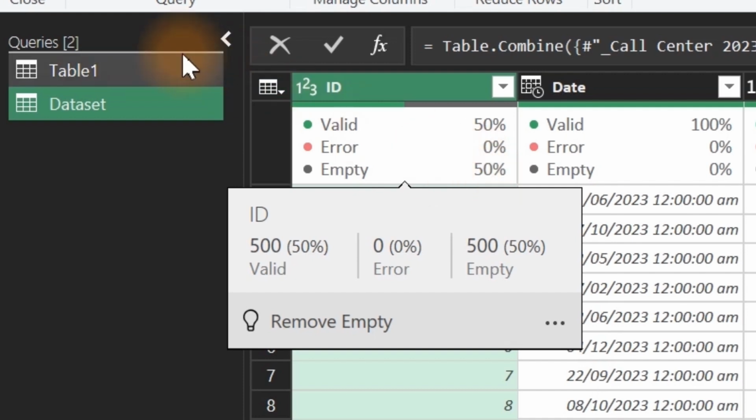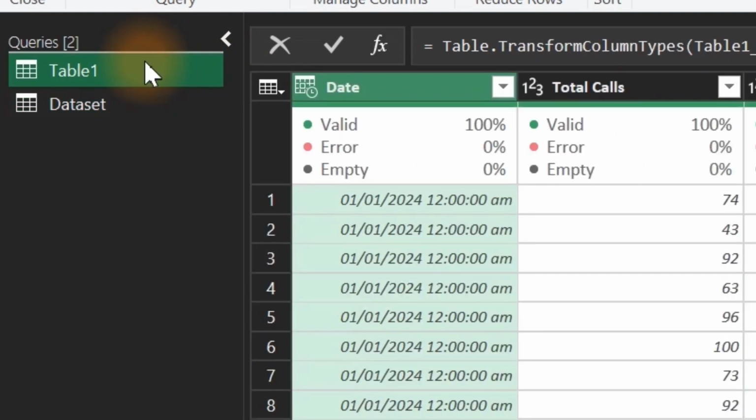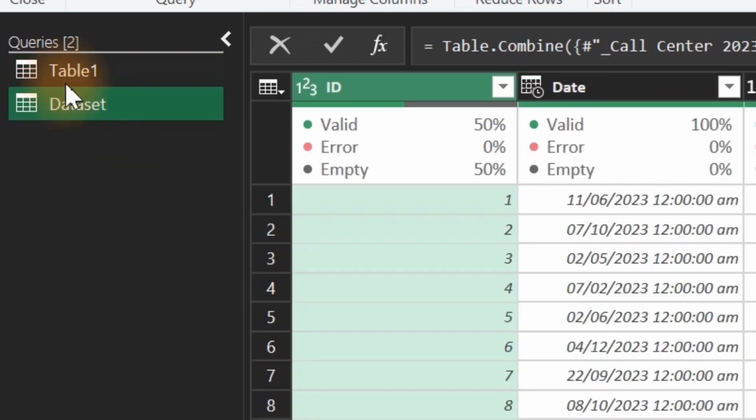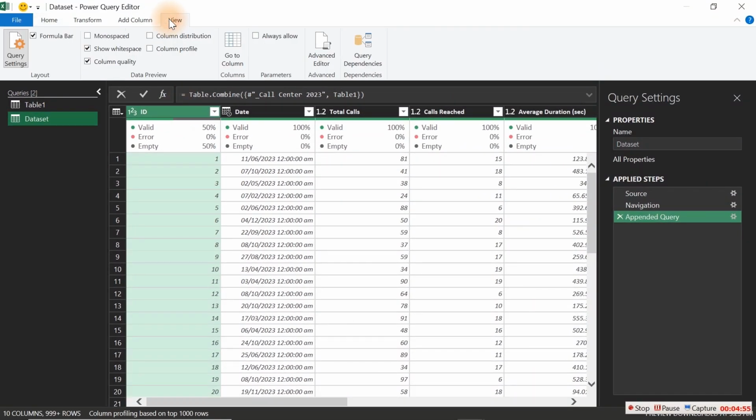So what happens? That was because over here, there is no column that has any number or any ID, but it combined that and actually added a column to this very one for us. So for that, there is no need of this. We can remove it. So the reason why we knew that something like this happened was because we have this